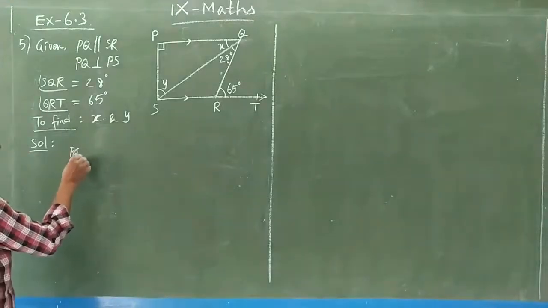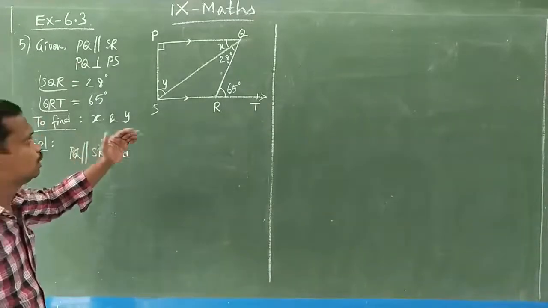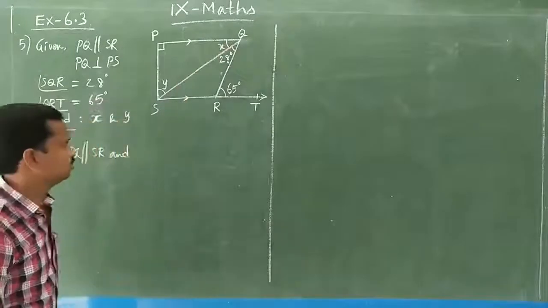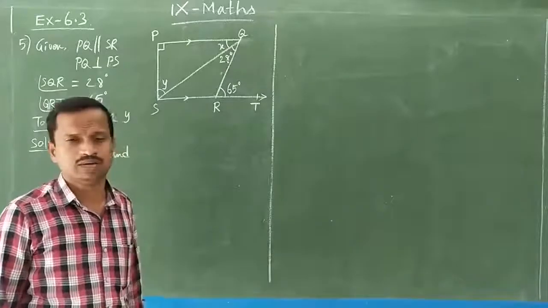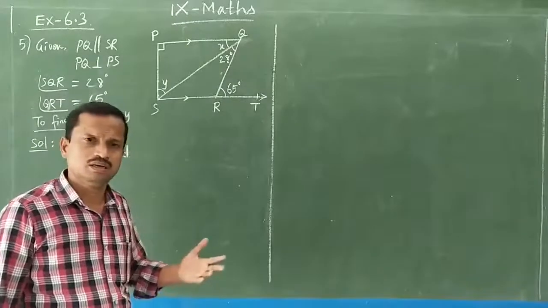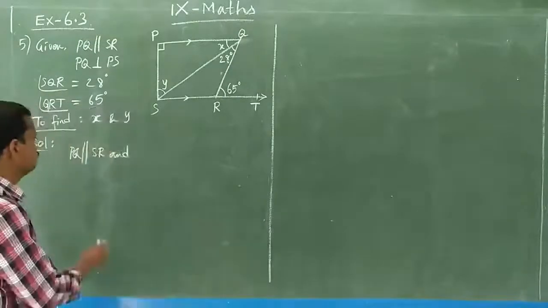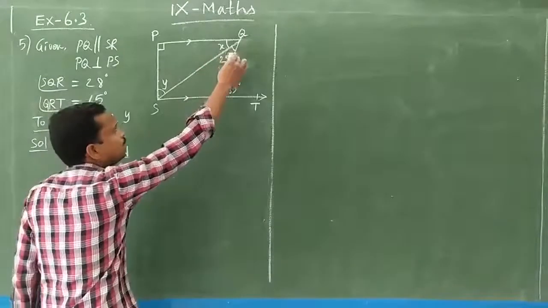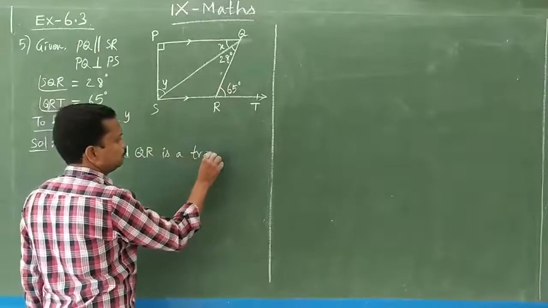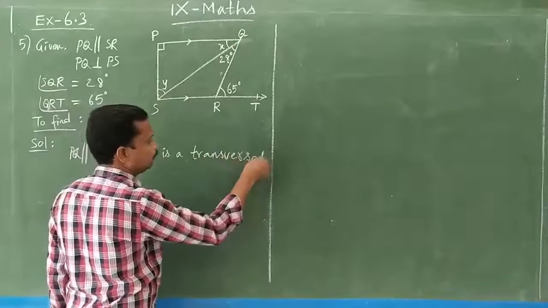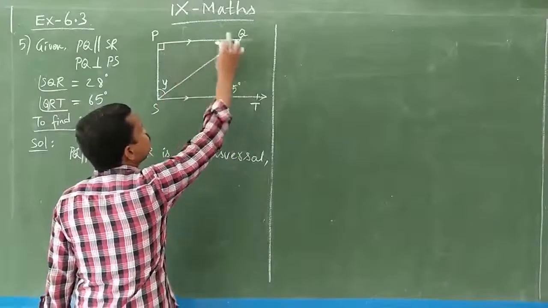PQ is parallel to SR, and we can take QR as a transversal. So wherever you come across parallel lines, you can observe a transversal there. From that we can take alternate angles equal or co-interior angles. So like that it will come. Okay. So now here we can apply, that is this full angle. So QR, if we take as transversal, QR is here, transversal. So we can have this full angle, that is PQR. You see,